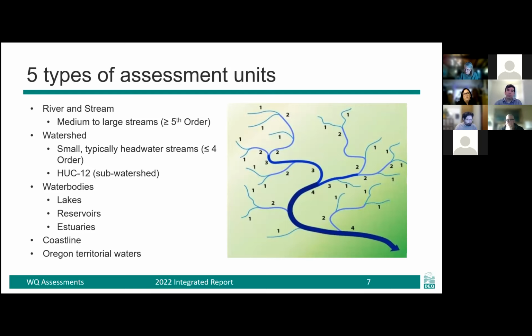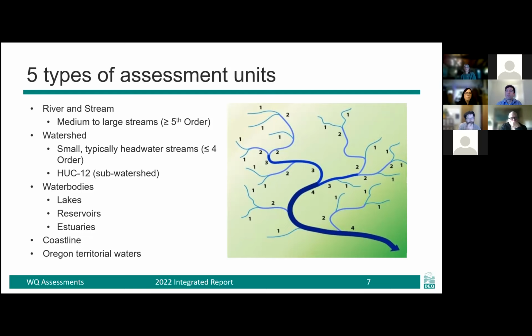These represent medium to large streams and rivers and are defined as 5th order with the Strahler stream order and higher. This picture represents what we mean by Strahler stream order, where smaller headwater streams have a lower order, and as streams come together, the number gets higher. So these are in Oregon meant to represent, as I said, medium to large streams.